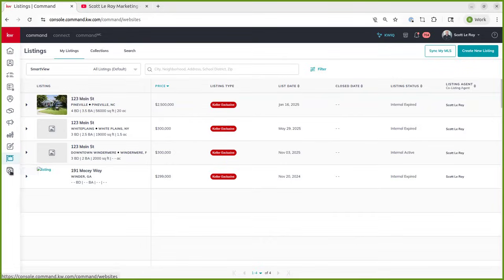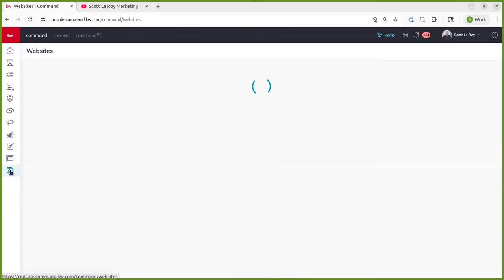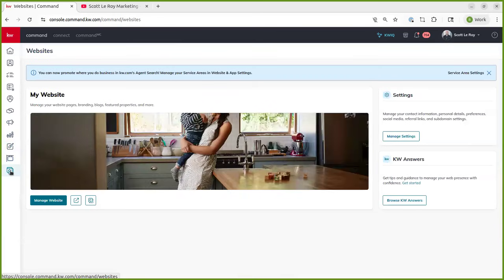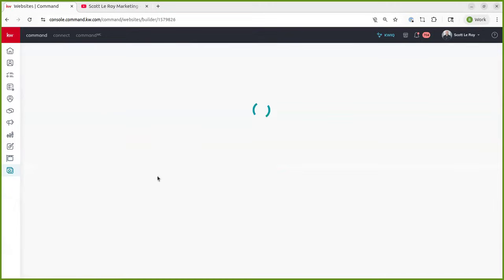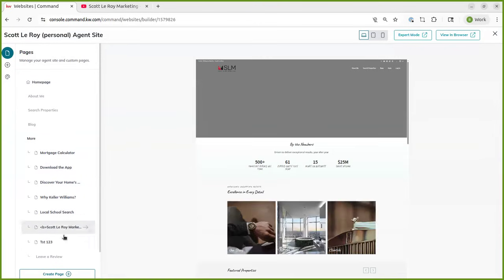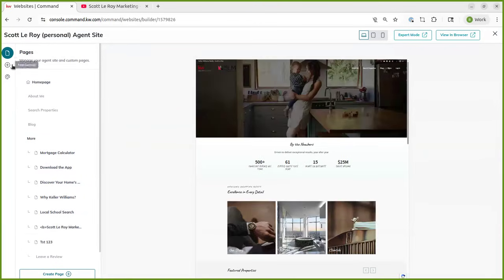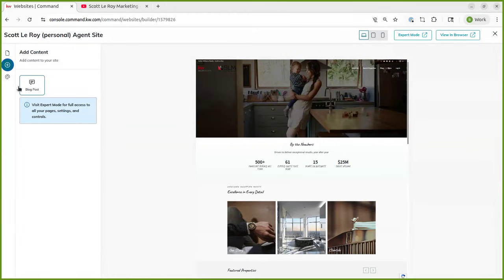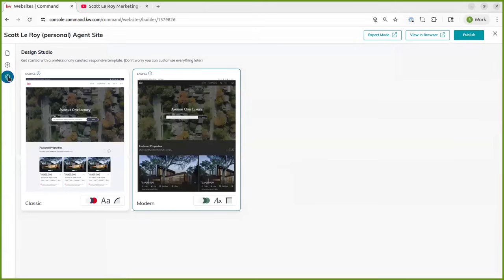And then finally, you have the websites applet. And in here, you're going to be able to do a couple different things. So you can manage your website right here. So this is going to bring you to this screen where you can add any additional pages that you have active. You can add content, so you can create a blog post here, or you can do a design studio and you can change the font and default colors. But if you go expert mode right here,